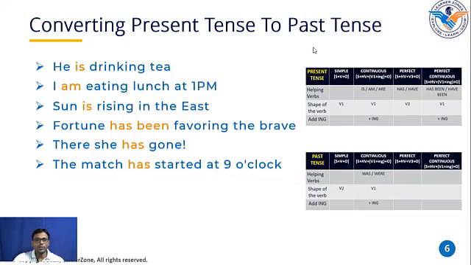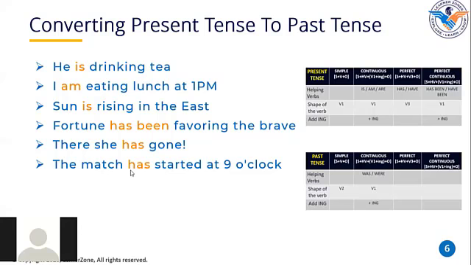Ketan, I want you to convert this sentence into simple past tense. You need to remove the helping verb from here and use only the second shape of the verb. Say the sentence. The match starts at 9 o'clock. Starts is the first shape, Ketan. So what is the second shape of start? Start, started, started. Correct.